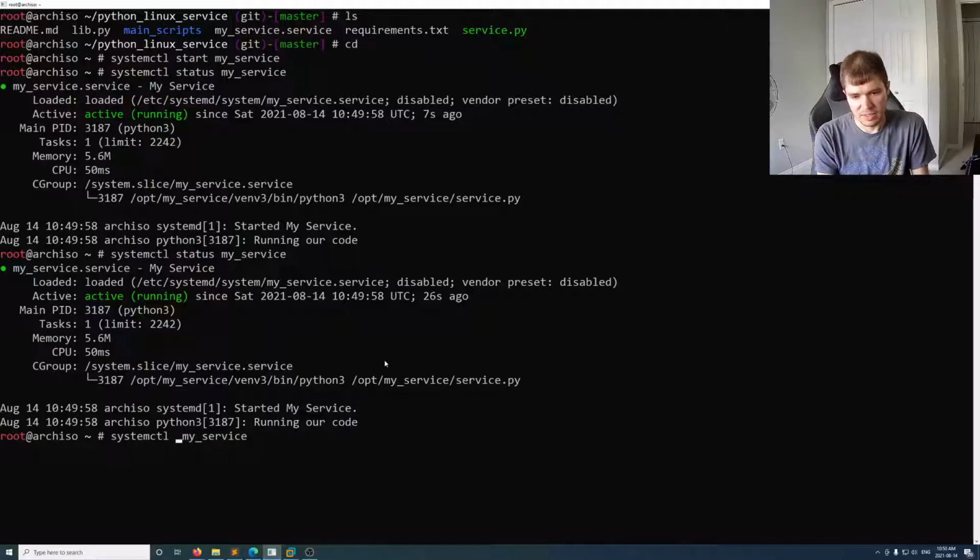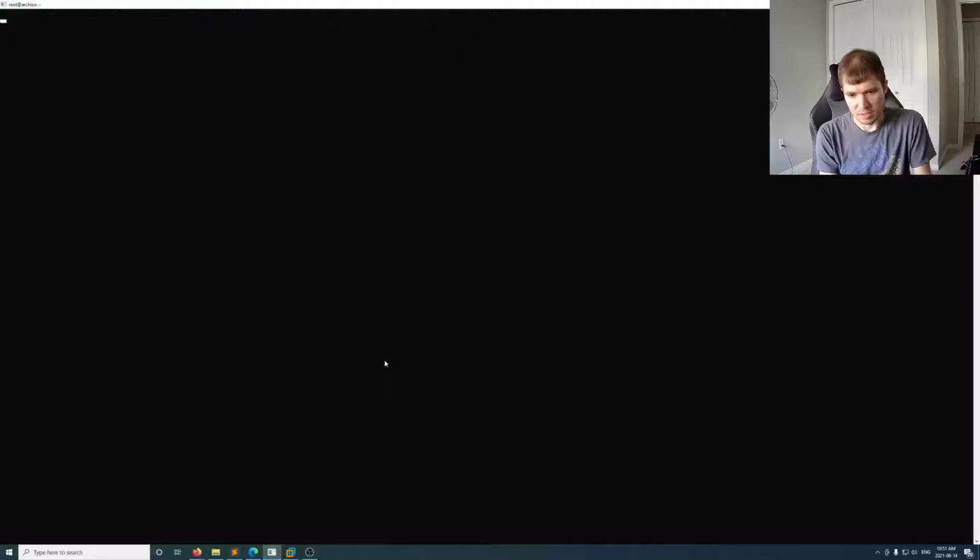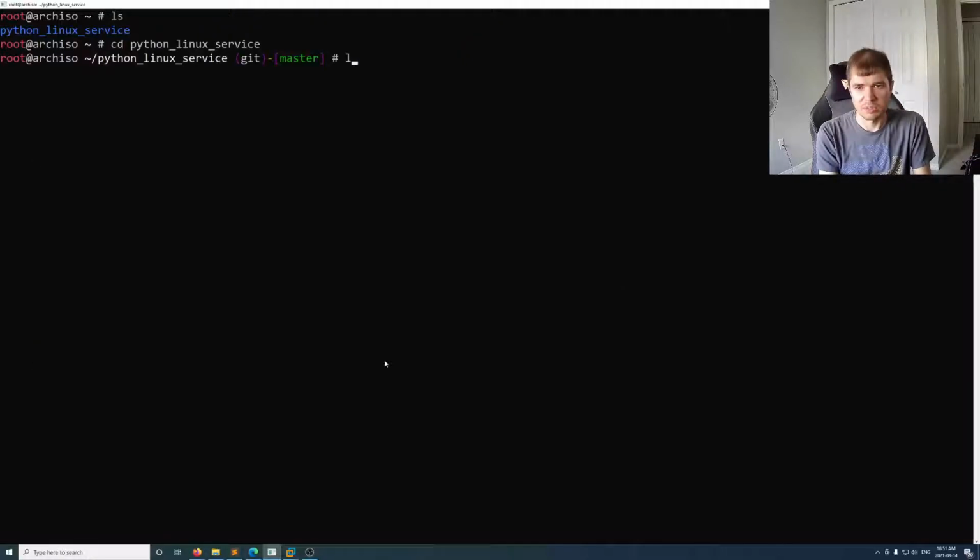If you want systemd to run your service when the system boots up, you want to do systemctl enable my service. So now, if I reboot my system, then my service will run automatically. And that's pretty much it. You can take a look at the other examples, you can modify them,